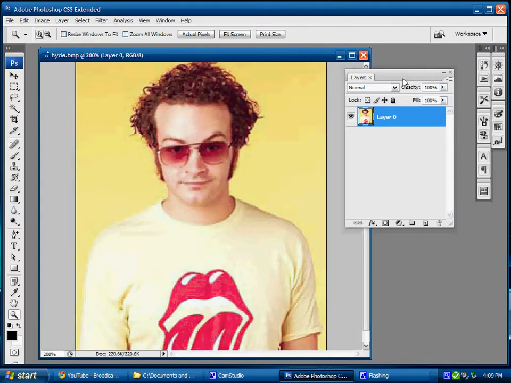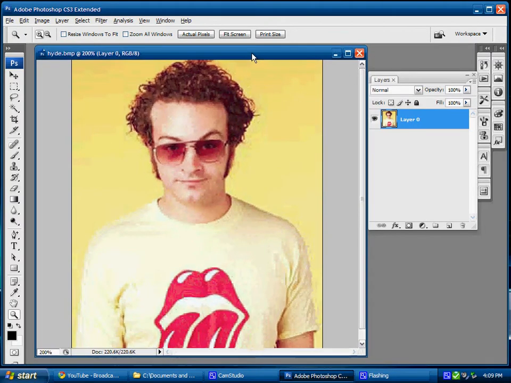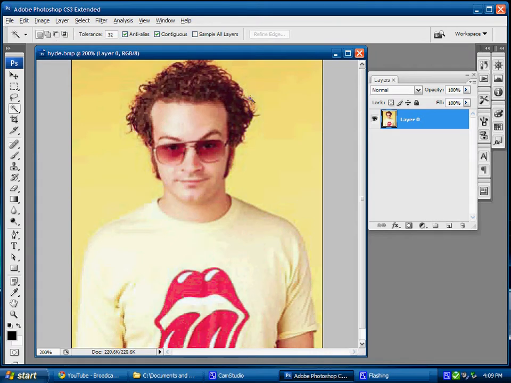And in our situation we have Hyde here who has worn a shirt which is a similar color to the background, and we've got a solid background color here, and we have his hair that's essentially separating the both sides of the image. So we're going to start with our Magic Wand, and our Magic Wand starts with a tolerance